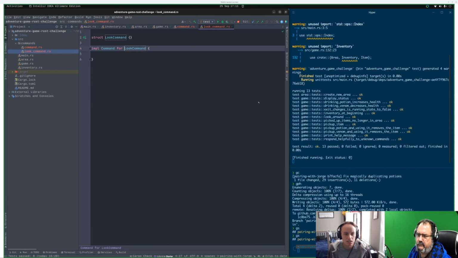Right, it hasn't. I was expecting the IDE to do two things. Firstly, to say command isn't recognized, do you want me to import that? And secondly, to say your implementation isn't correct because you're missing this abstract method, this function, and offer to create it. But it hasn't done either of those.